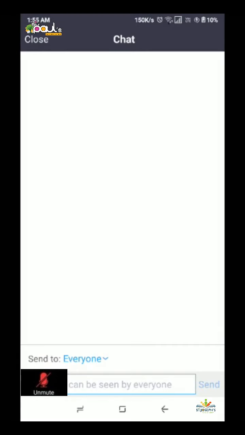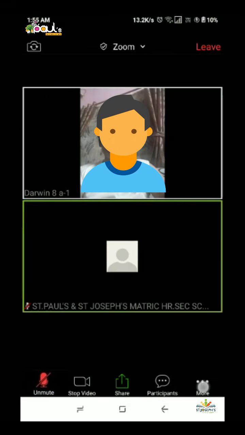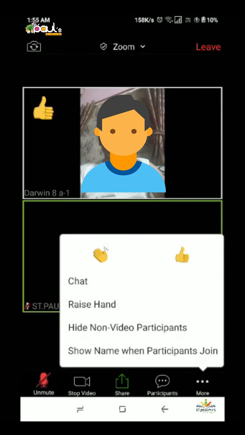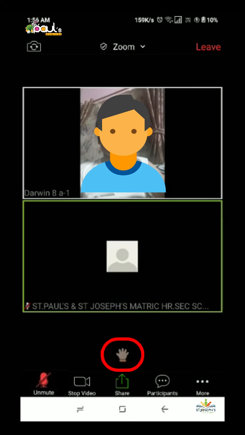In chat, you should only type the answer if the teacher asks you to, and use thumbs up if you understand the teaching. This way we ensure that you can understand what the sir or ma'am is explaining. If you find any difficulties in hearing or understanding, you can tell us so we can solve the problem instantly. You can use the raise hand icon if you're not able to understand, or if you have any doubts about the explanation.